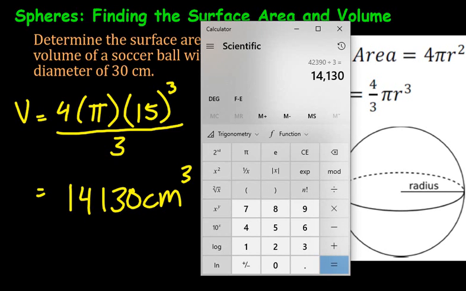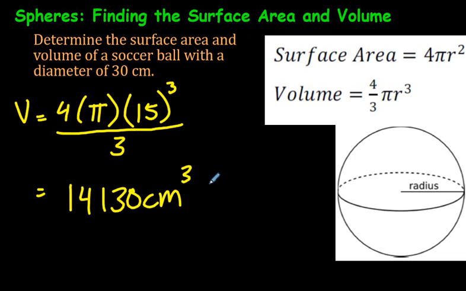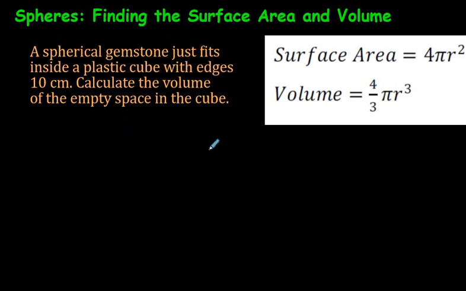14,130, yes, that is correct, centimeters cubed, or cubic centimeters, however you like to say that. Okay, let's try another question together. It says a spherical, so as soon as the word spherical is used, you know it's a ball, and it's a gemstone. It just fits inside a plastic cube with edges 10 centimeters. So I'll draw as best I can